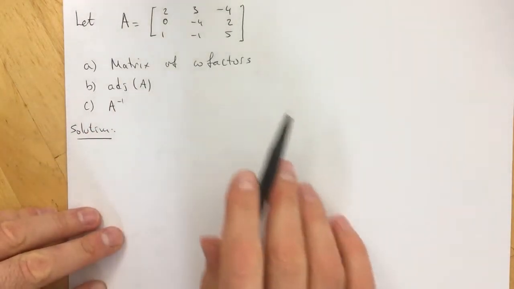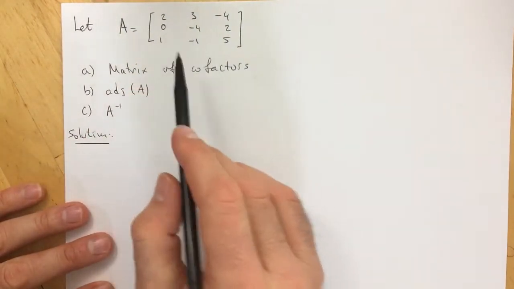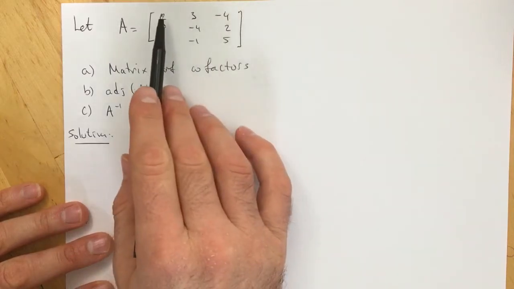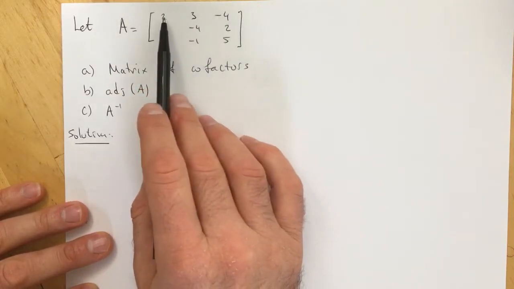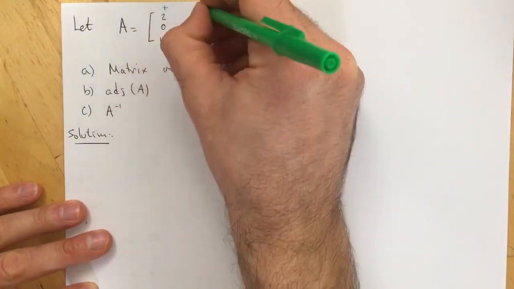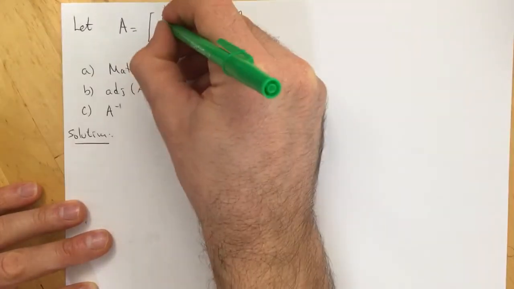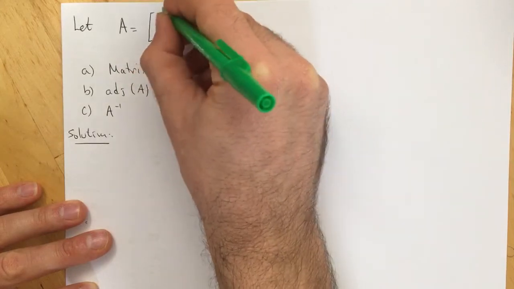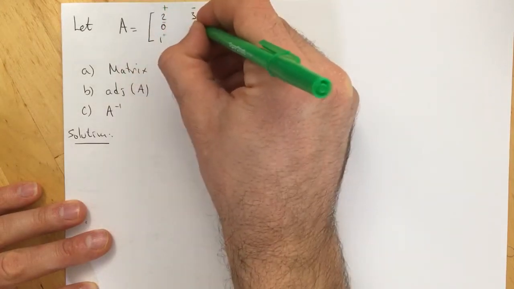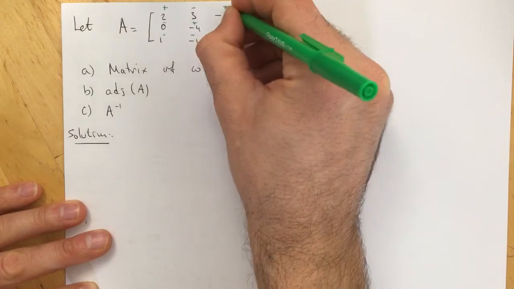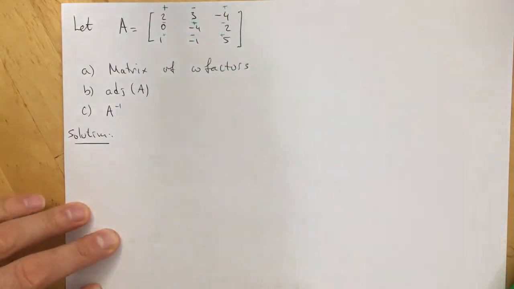Okay, in order to find the matrix of cofactors, I have to go over every entry. So basically I'll have 9 cofactors, right? So again, remember that this is always positive, so the signs next are going to be negative. They're going to alternate, sorry. So positive, negative, positive, positive, negative, positive, negative, positive. Okay, so C11